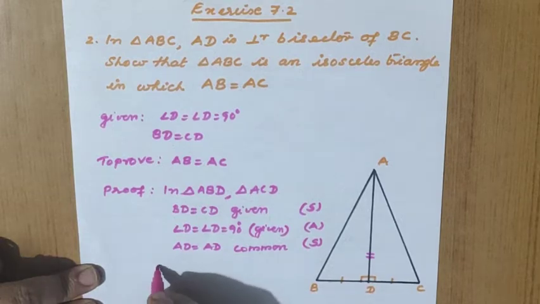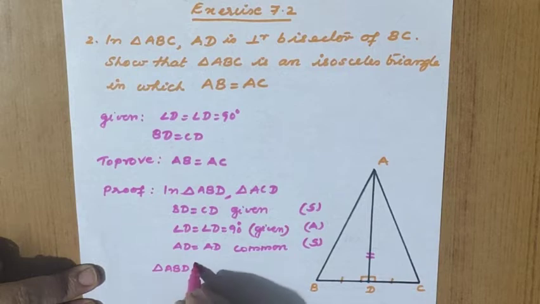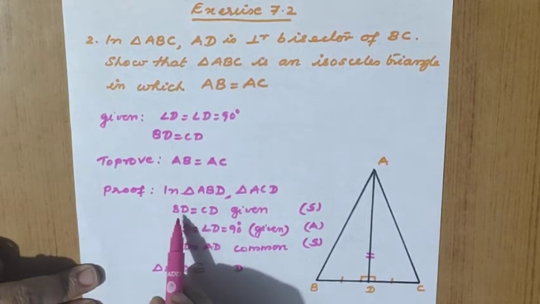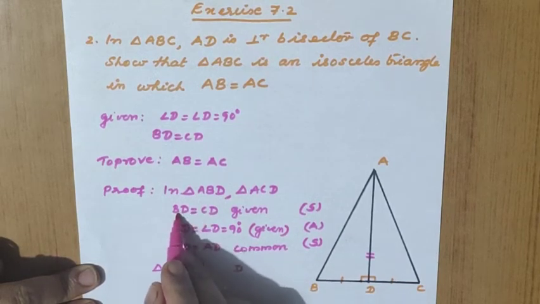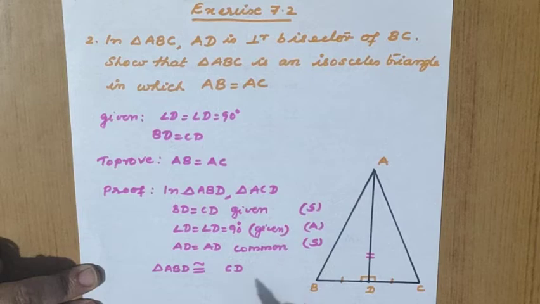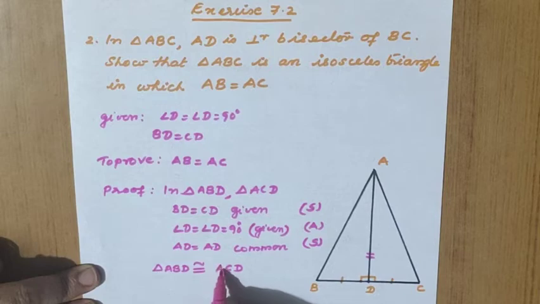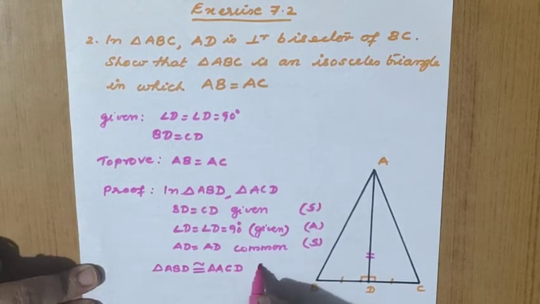So what we can write here means triangle ABD is congruent to, for D it is D only. Okay, now for B what letter should be used? D is already gone, so for B correspondence is C. Now for AD equal to AD, D equal to D we have written, so for A is also equal to A only. So triangle ABD is congruent to triangle ACD. Criteria we already came to know. Which is the criteria? SAS.